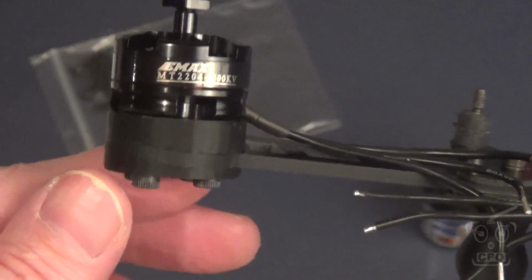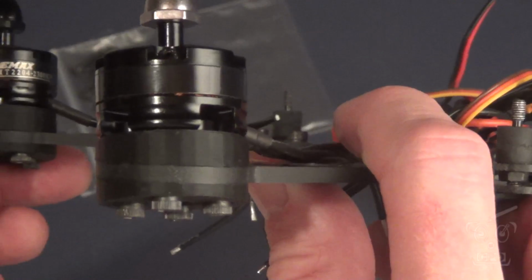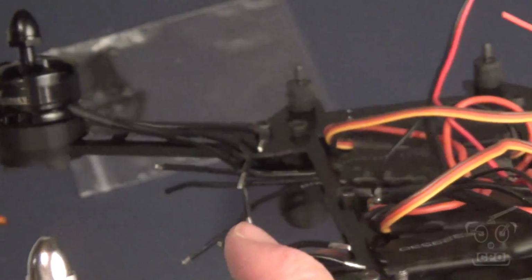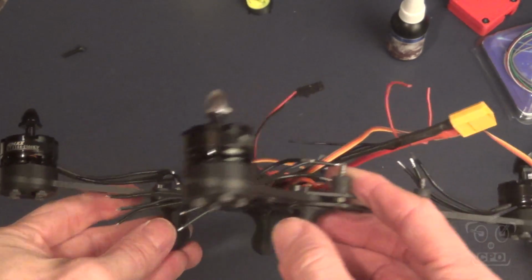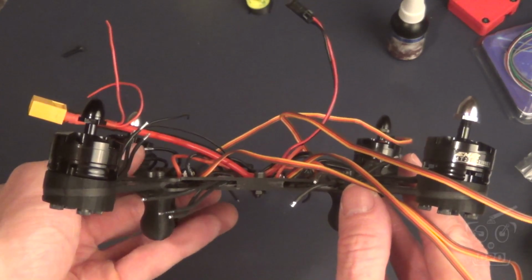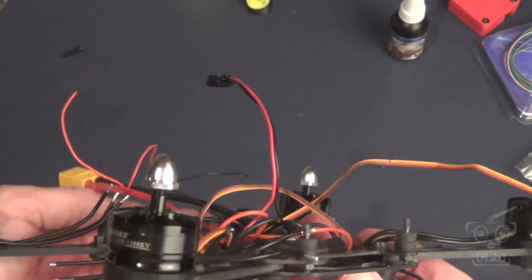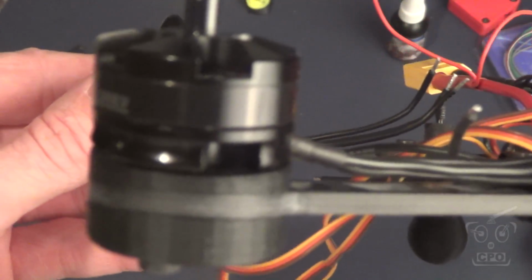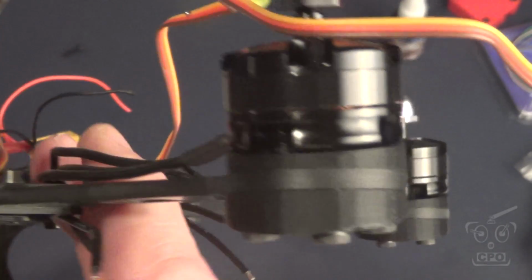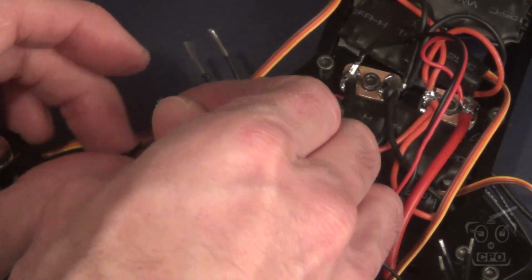And then make sure your motor wires are laying up against the arm. That also makes it nice and easy. But there we go. And I've also got the motors in the proper orientation, counterclockwise versus clockwise. You have to look at your particular flight controller to see which direction, but generally in a quad, your front left motor is going to rotate clockwise, your front right's going to be counterclockwise,